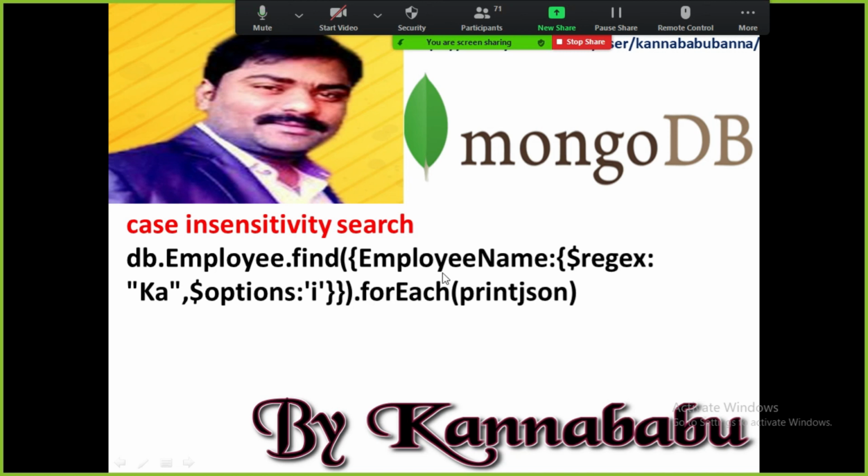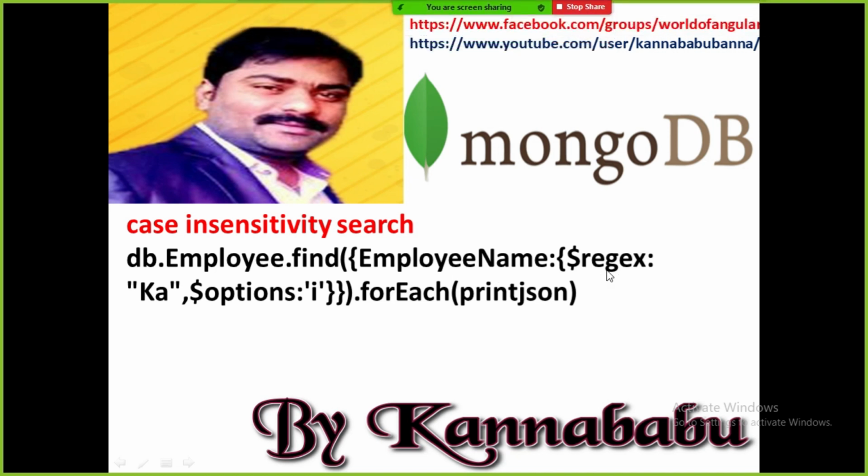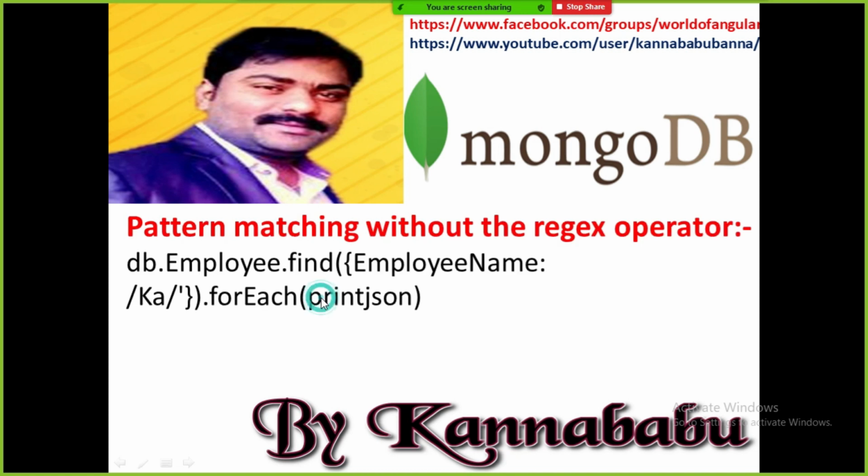db.employee.find, field name colon, here you can apply the regular expression. Pattern matching without a regular expression is also possible, but manually you have to write the logic here. But nowadays regular expressions are very popular, because with one line of code you need not think about any logic. Generally a string is nothing but a group of characters.